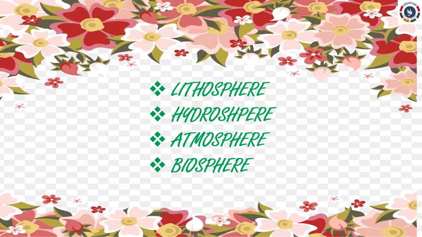Next is about hydrosphere. Hydrosphere is the sphere of water. It covers nearly 71% of the Earth's surface. So, the Earth is known as a blue planet. And next we studied about water cycle. So what is meant by water cycle? Continuous movement of water is known as water cycle.